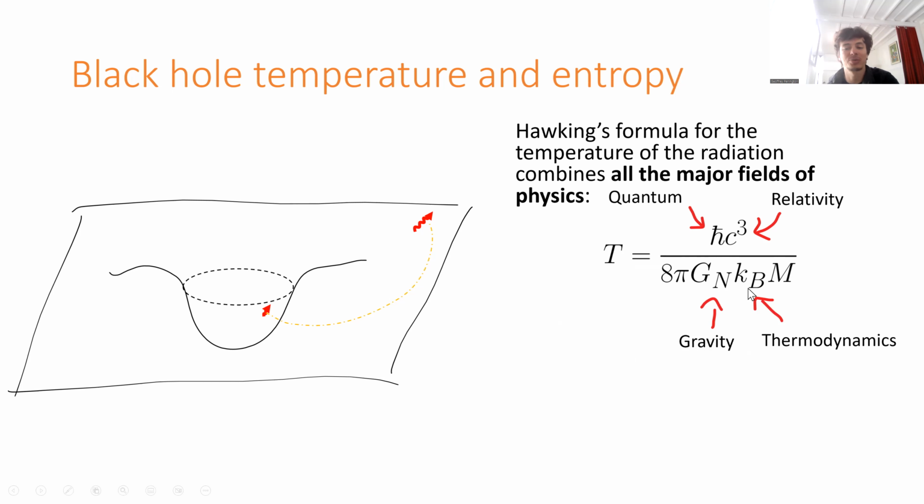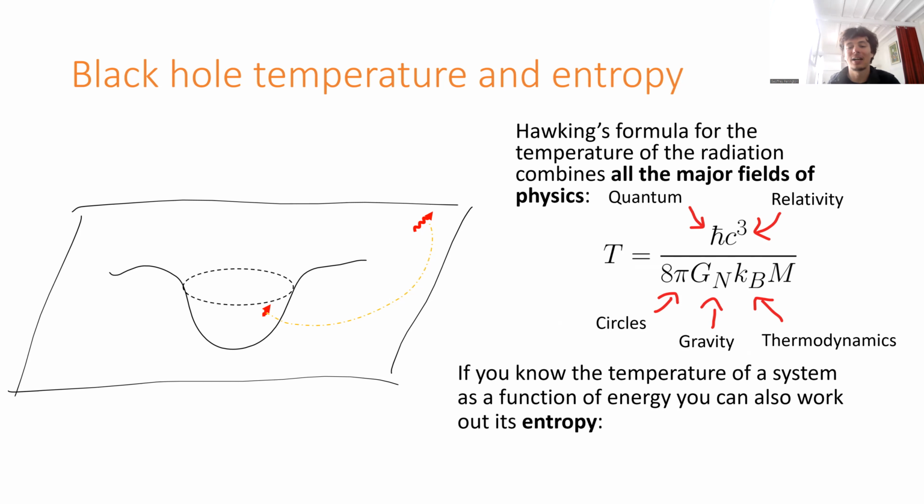There's this k_B here. This is what's called Boltzmann's constant. This is the most important single constant in the field of thermodynamics. So thermodynamics is getting involved as well. And finally, there's a pi here, so circles are getting involved too. I guess the circles in this case are because the black hole is roughly like a sphere. So there was a lot of stuff in this calculation; it's one of the most beautiful, famous